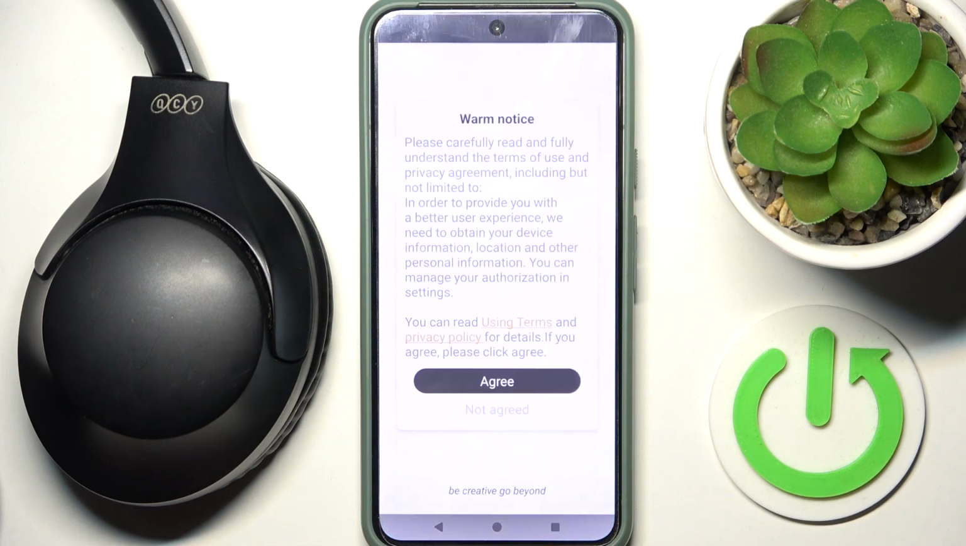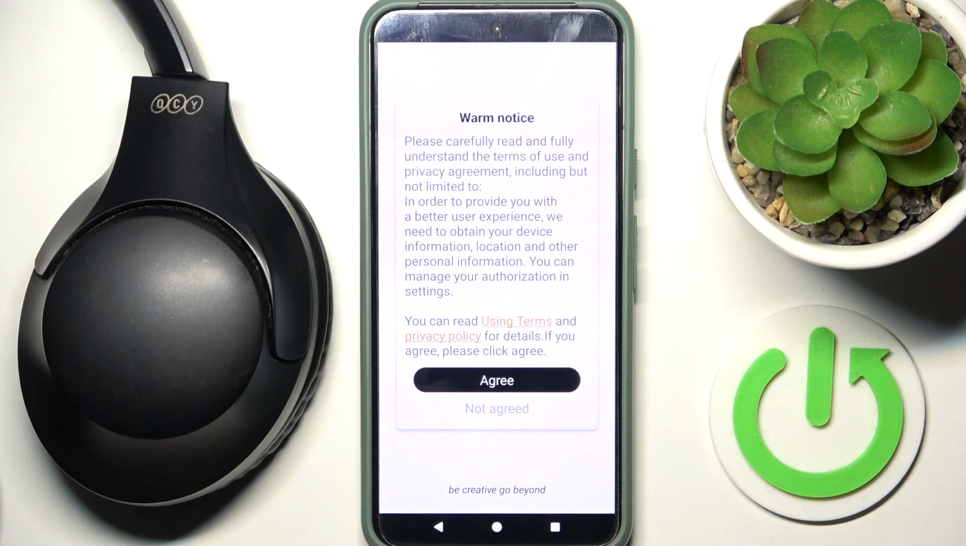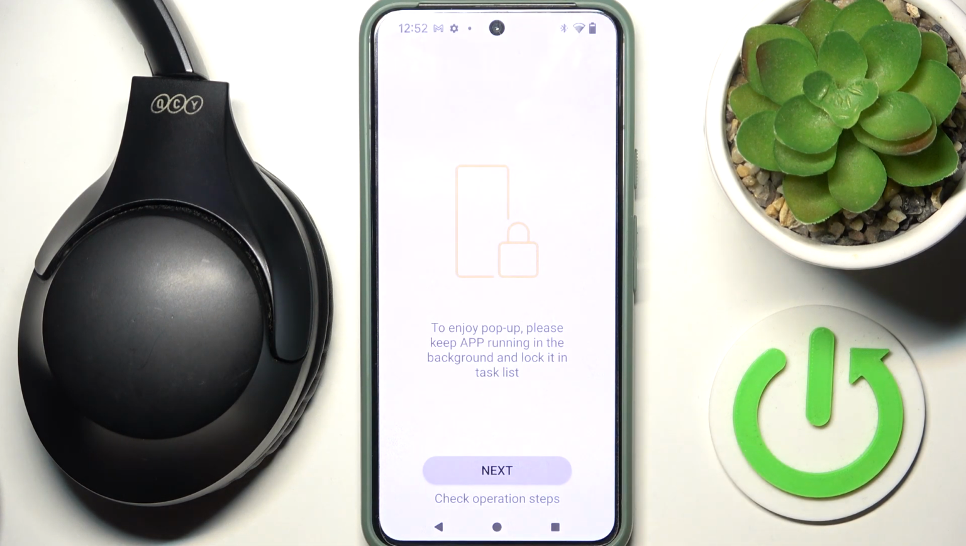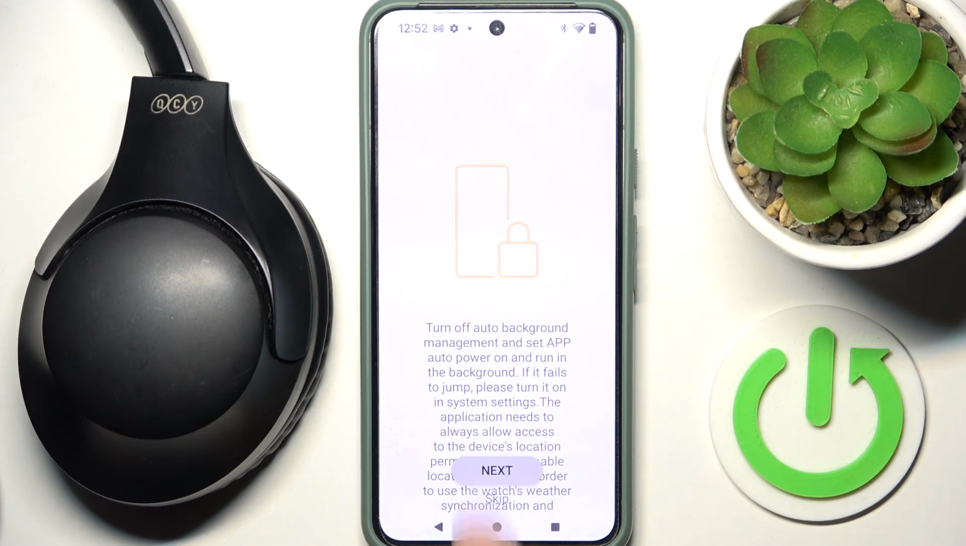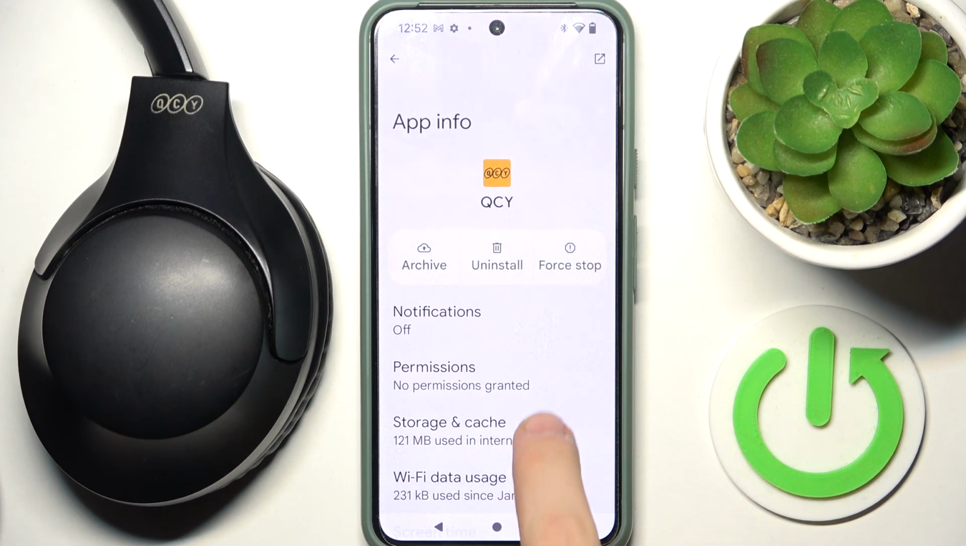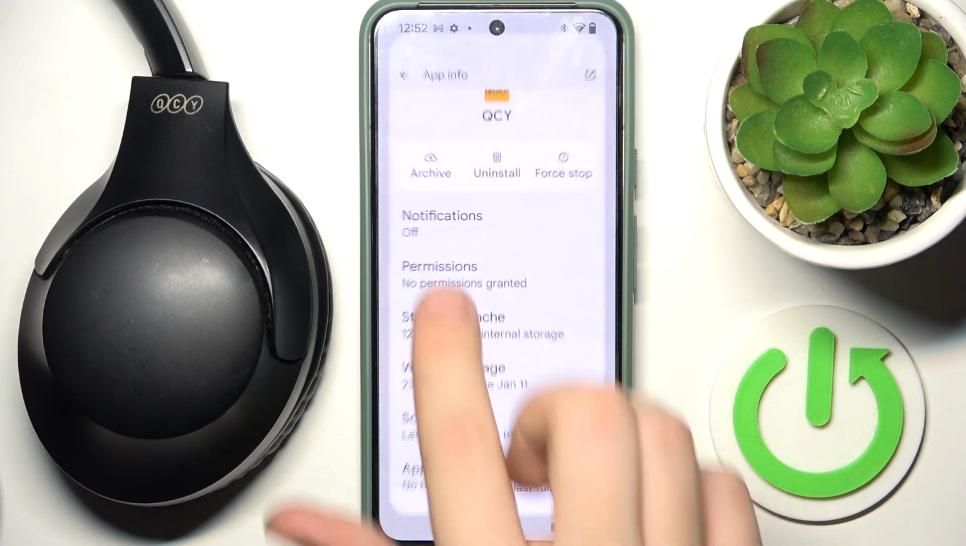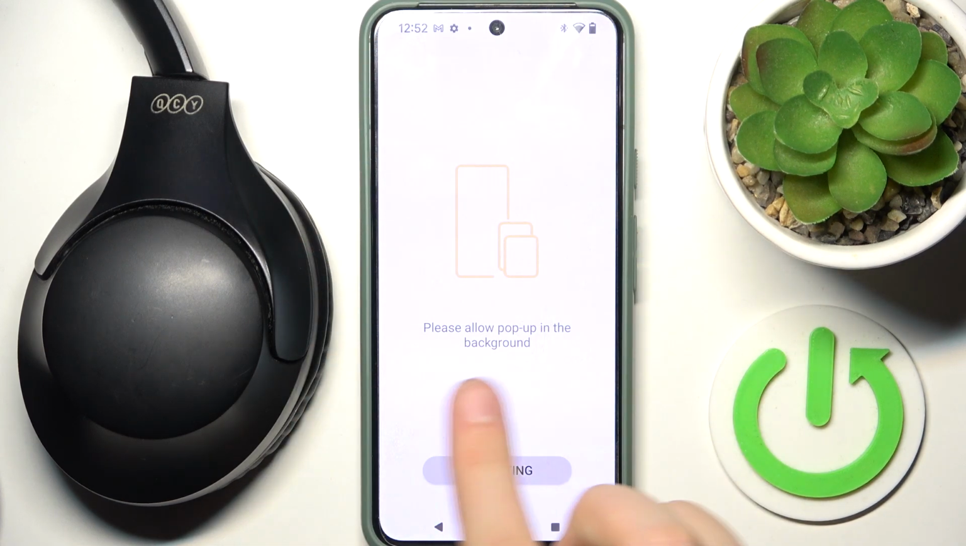At first open this application, then hit agree. Here you have to hit next, turn off electricity optimization, go to settings, and now as it said in our application, we have to give the